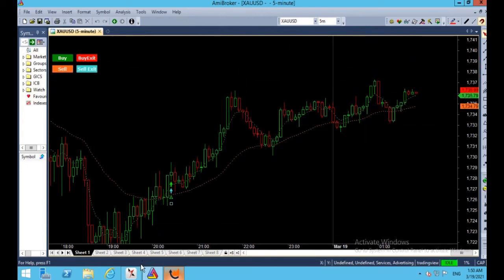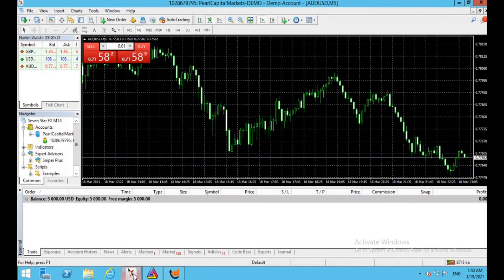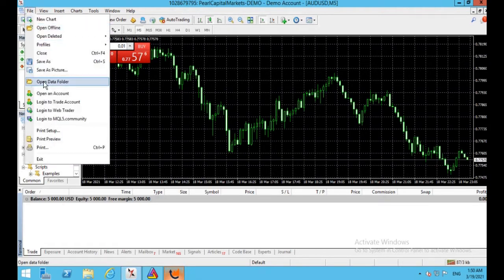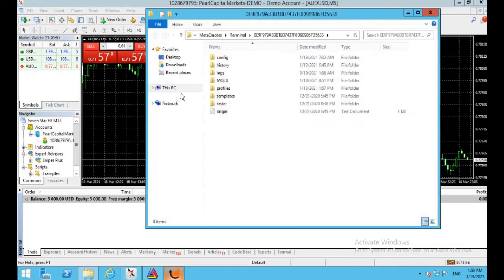Before that you need to install the MT4 terminals for configuring MT4 with AMI broker. On my PC, we have to do some settings. So go to File, then Open Data Folder, and go to the terminal section.